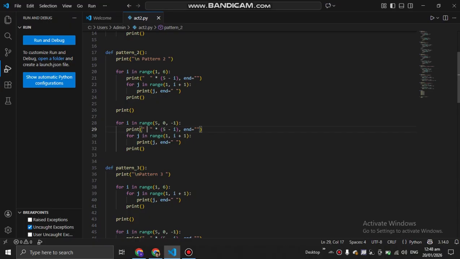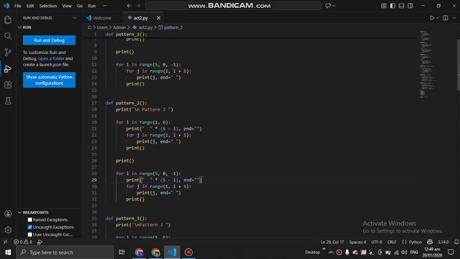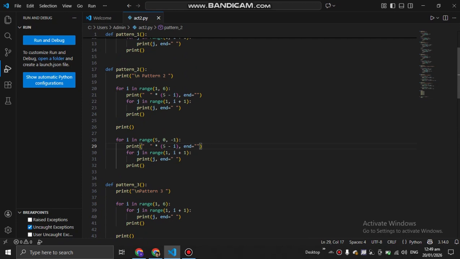So in this area is the space for alignment, then for j in range 1, i plus 1, then print j and a blank space, then print. So this is the second part of pattern 2.